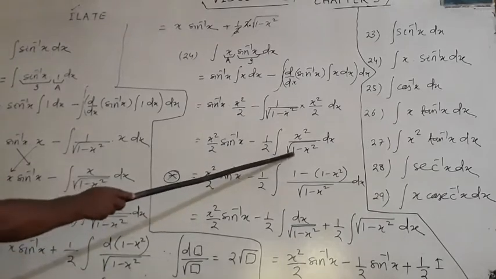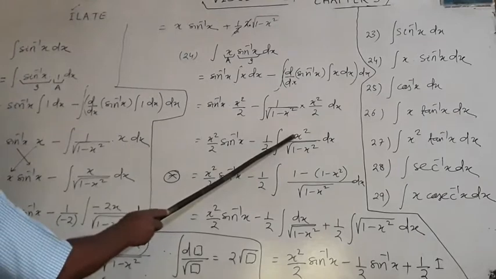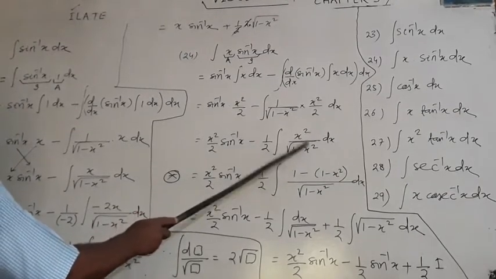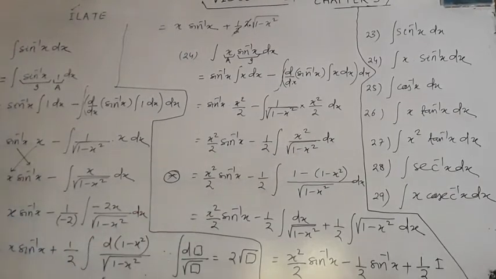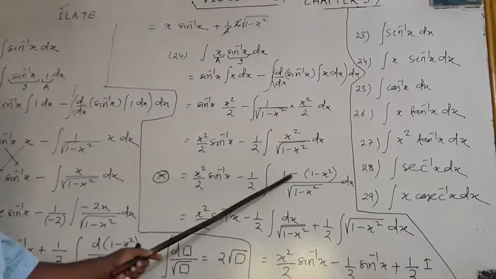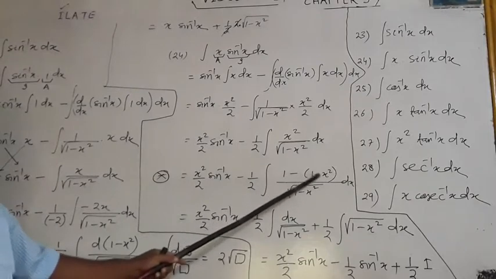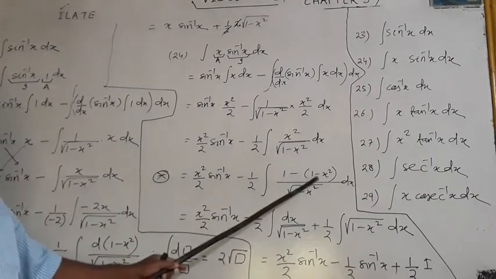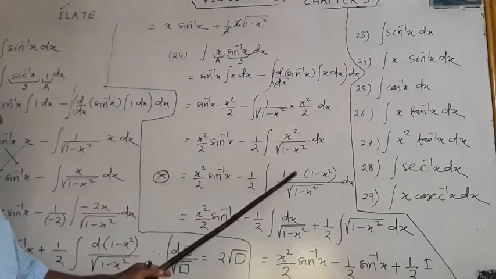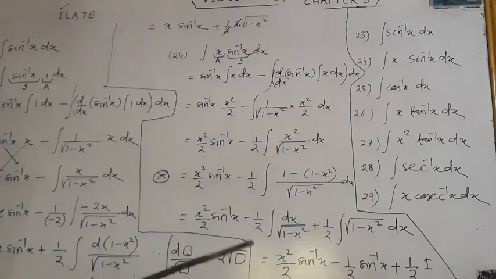Now in the denominator it is what? 1 minus x square root over. So in the numerator it is x square, in the denominator it is x square. In which way do you have to adjust the numerator? It is 1 minus 1 minus x square. 1 minus 1 is 0, minus of minus is plus, so it becomes x square. 1 minus 1 minus x square. So dividing it, it becomes what?